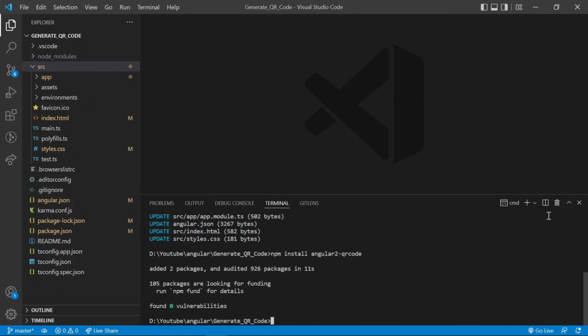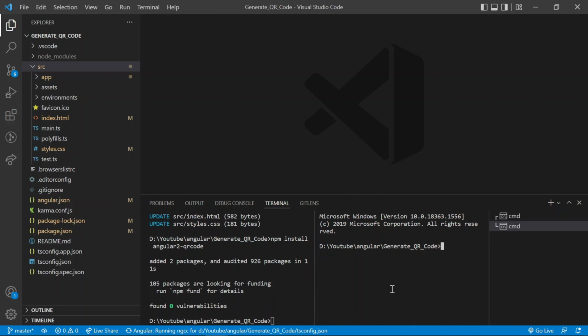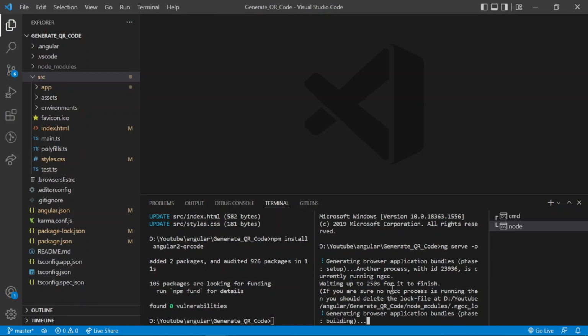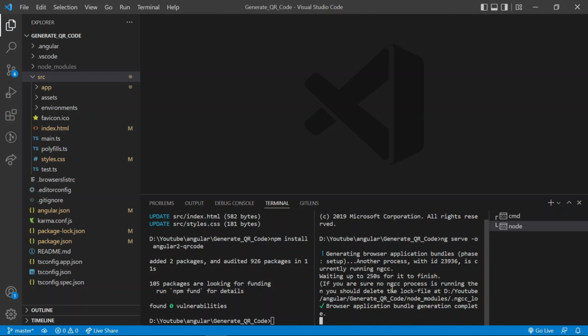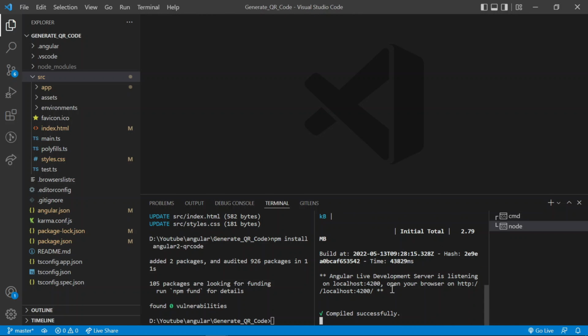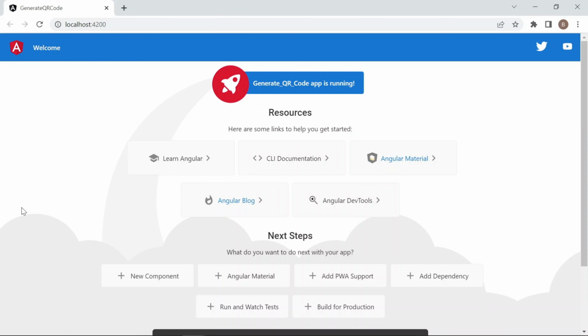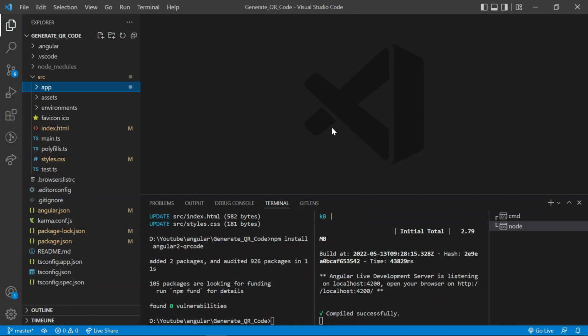So let's run the server first. The server will start and the default code is executed. So first I have to import all the modules inside our app.module file.